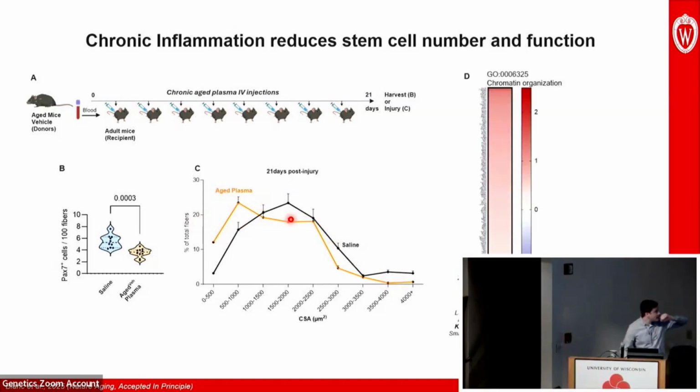Because of time constraints, I don't have time to really go through the whole thing, so I'm going to skip ahead. To link these processes directly to what was happening inside of the muscle stem cells, and to link the ligands that we think might affect the stem cells through the circulation, we did a collection of multi-omics that involved Luminex, single-cell RNA-seq, and a lot of in silico assays using machine learning and AI. And at the end of the day, we linked this GO term, chromatin organization, as the most modified term in response to those cues,